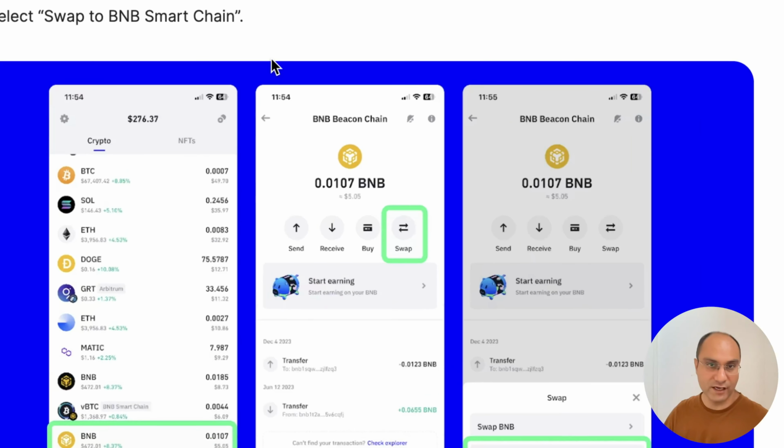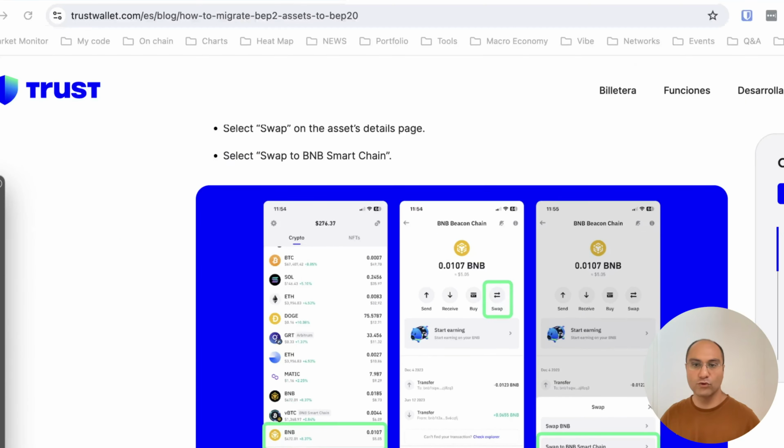But the procedure is as follows. You should choose the token you want to transfer. For instance, here, the token we use for gas as well as the token we want to transfer is the same token. Therefore, it deducts part of that token as a gas fee and the routing process fee. Okay. Then you choose a token, then you click on swap,